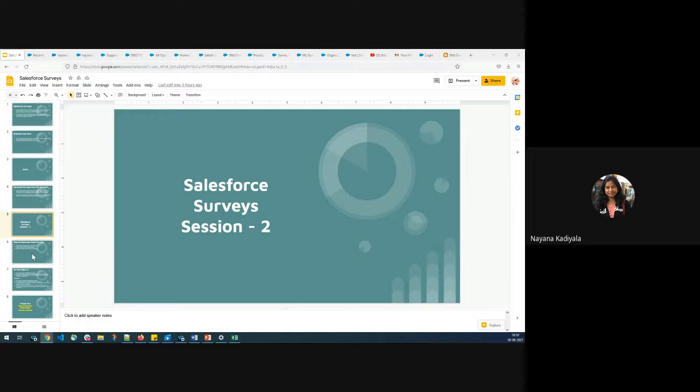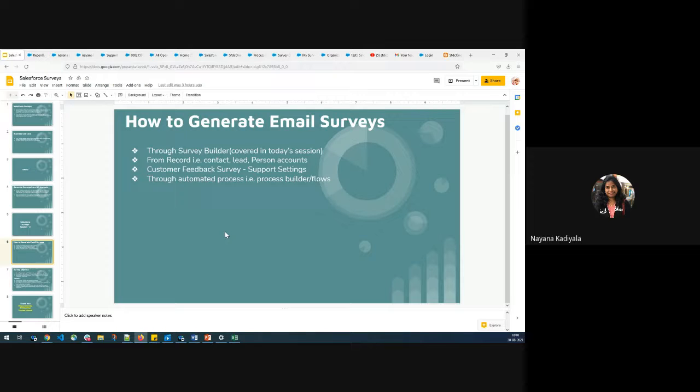Before we proceed with today's session, let me do a quick recap of the first session of Salesforce surveys, where we understood the business use case of Salesforce surveys, how we enable surveys, what is the need of choosing communities, and the impact it has on unauthenticated users. And then I demonstrated how we generate email surveys through Email Builder. We have seen different features like page branching, display logic, auto progress, and how we send emails either through link or through email. Talking about email, we have seen how we send survey email either to an individual or to a list view.